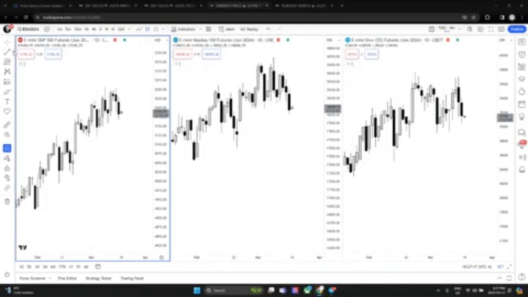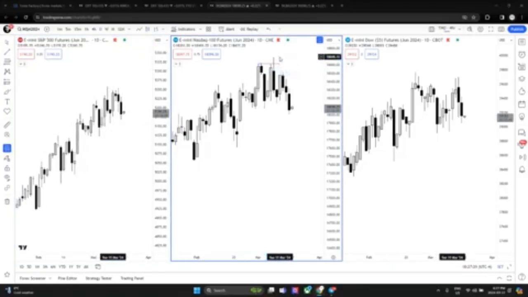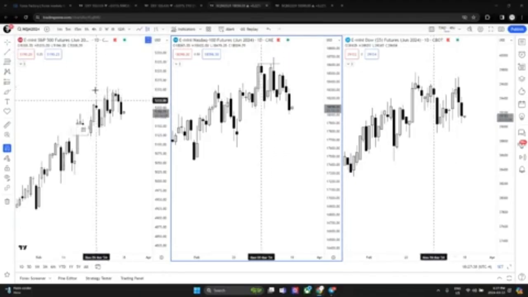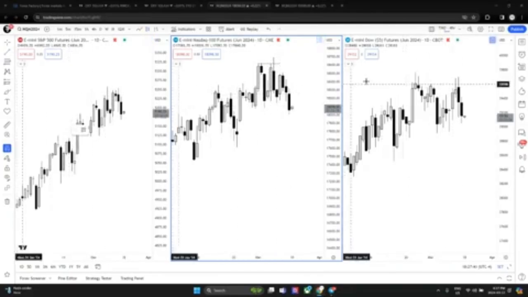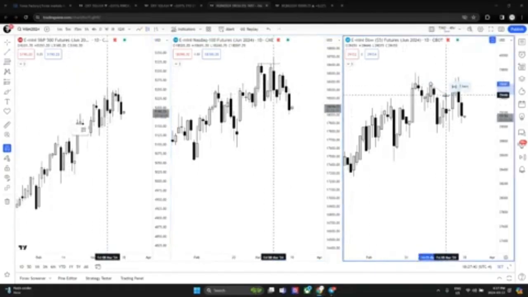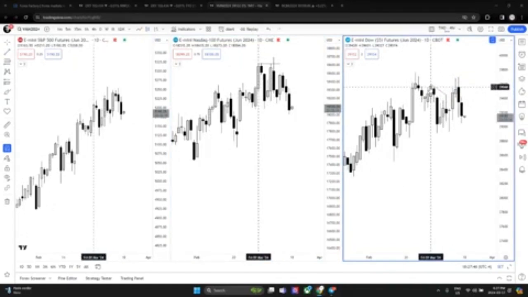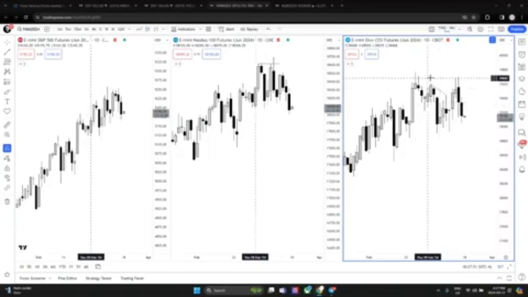Also, something that's important to note as well, right? So we have SMT here. We have this high, right? In the Nasdaq taking this high out. Then we have, let me turn this on. We have this high, right? In the Dow, failing to take this one out. But right after, we have this SMT being formed in the Dow.